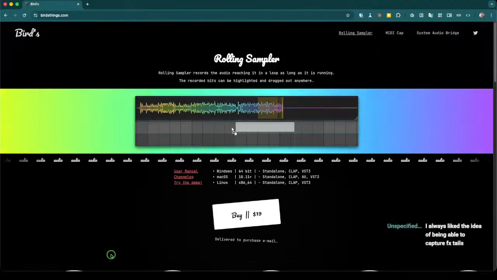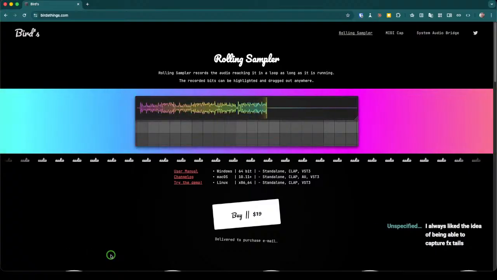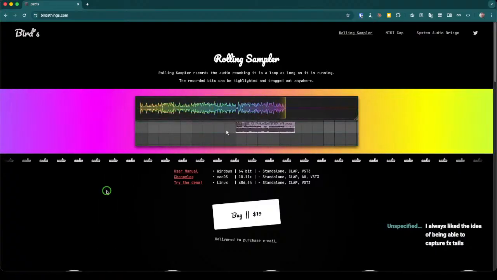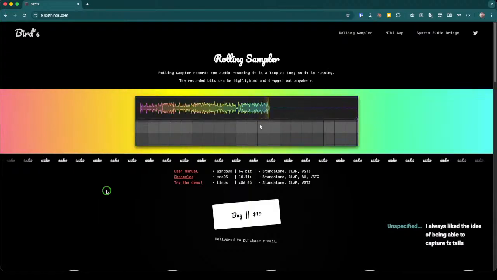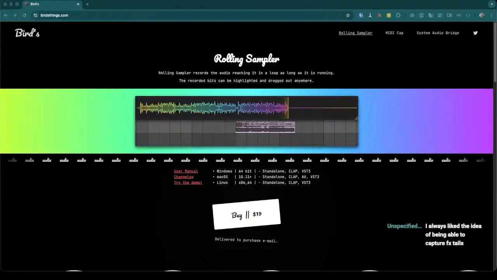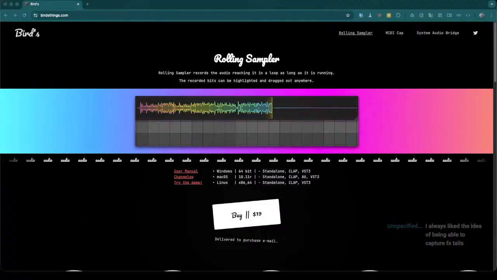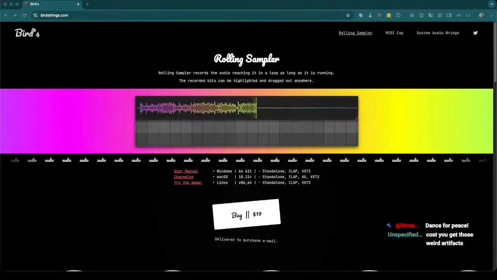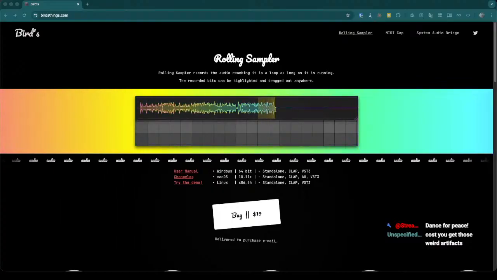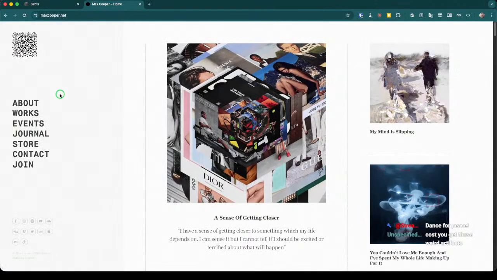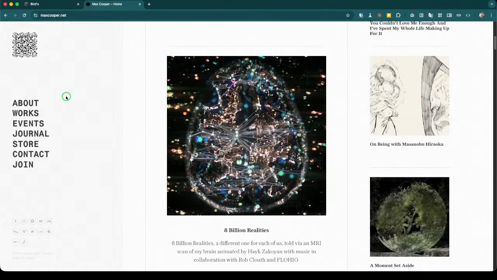Cool. Capture FX tails, yeah. Right, there's some nice stuff. Now, what's his name? I always forget his last name. Max what? Max Cooper. I think this is a big part of his workflow, is he sets up these massive effects chains and variations, and he just records himself noodling with the effects, and then picks out, at least I've seen people breaking down his workflow and trying to reproduce it. So this is speculative, but